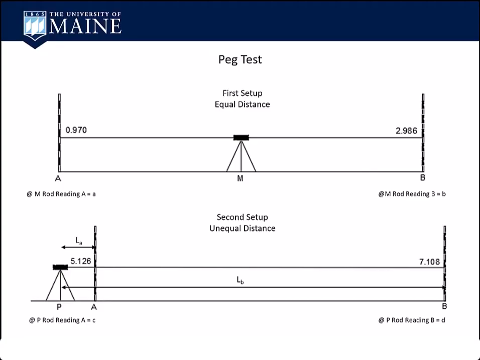I just understood it better having the rod at P, and I could see both errors because the line of sight is going through A to B. So if the line of sight is declined or inclined, it's the same on both. It just made more sense this way to me. So anyways, you've got your rod readings and your distances,